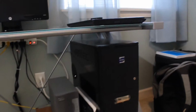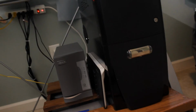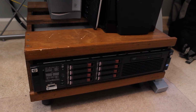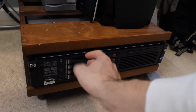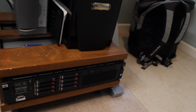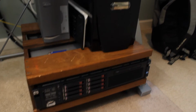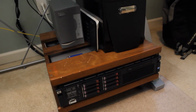And now you guys are probably wondering what is sitting on this wood stand rack or whatever. This is an HP, I believe a DL380 G6 server. I got this guy from my internship as well. This is rocking, I believe, 300 or 900 drives, dual Xeons, 256 gigabytes of RAM, so this guy is pretty good. This is where I do all my server work through my internship, and any other business related stuff that I do. This is running Ubuntu Server, I believe